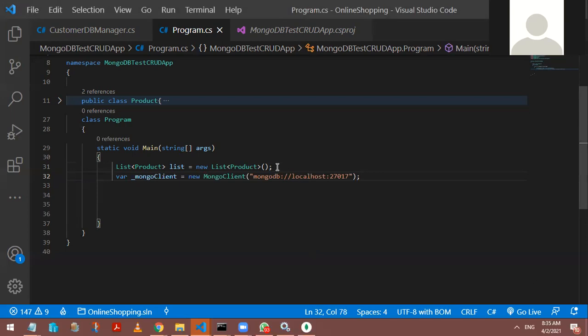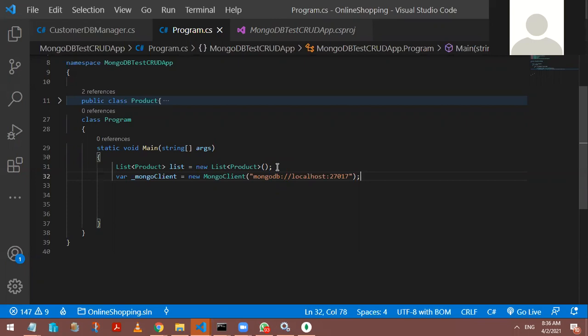This MongoClient class is given by the MongoDB driver, where I'm specifying mongodb://, the name of my server and port number. If your MongoDB server is running on another computer connected with your network, you can always specify the IP address, and please give the port number on which your MongoDB server is listening. A MongoDB server is a dedicated server, ready for any client request. All servers work on a particular specific logical port number. Okay, so 27017 is the port number.